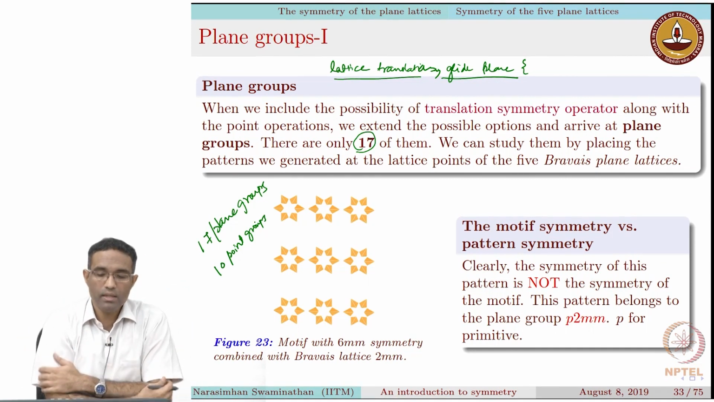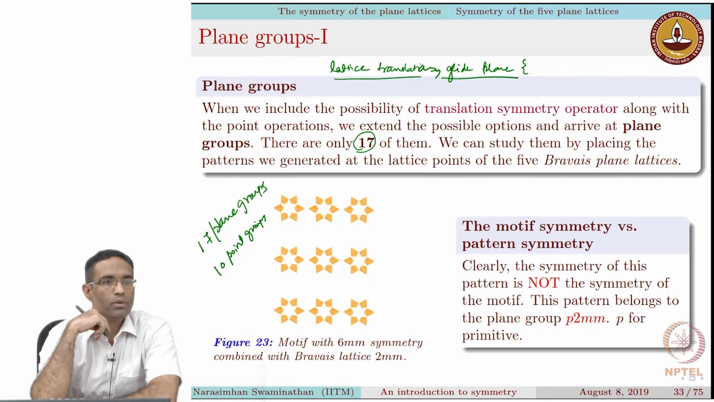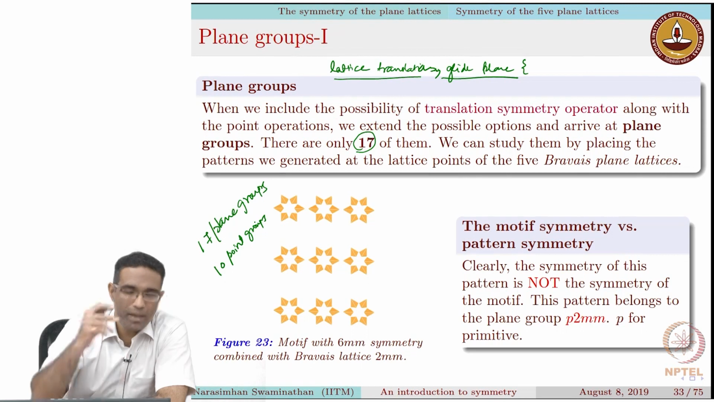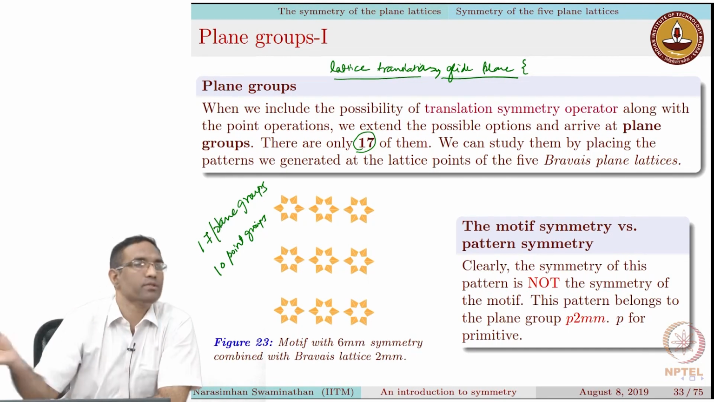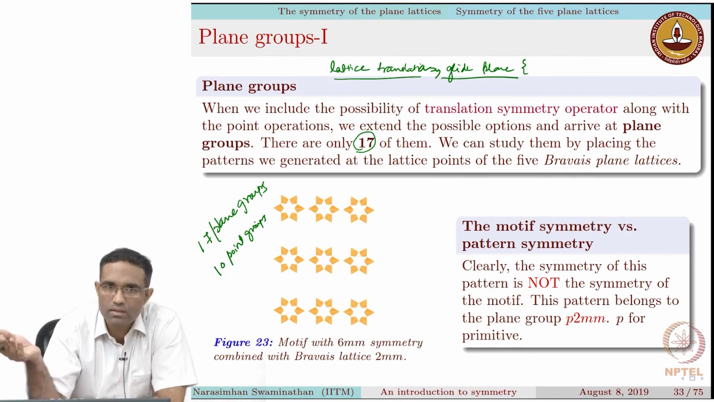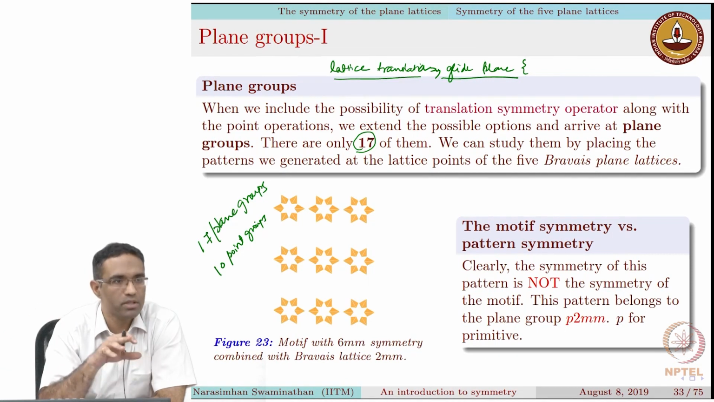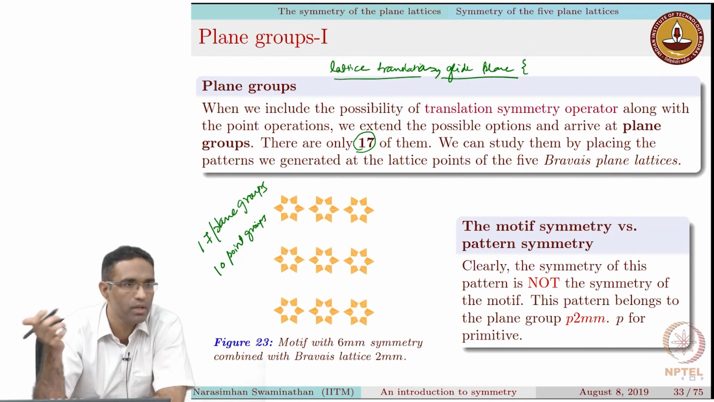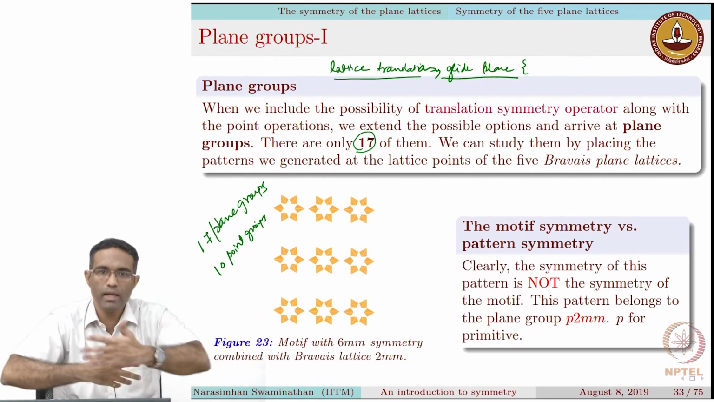Now, if you want to study these 17 point groups, one way to do that is to actually place the patterns over the various 5 different Bravais lattices. Now, these patterns can have some symmetry, right? And we know that the Bravais lattice itself has some symmetry associated with it. But when we combine the motif with some symmetry with a Bravais lattice which probably has another symmetry, you will get an infinitely